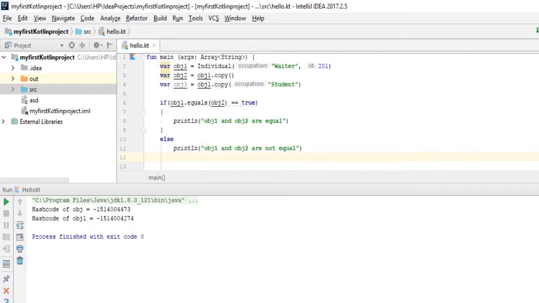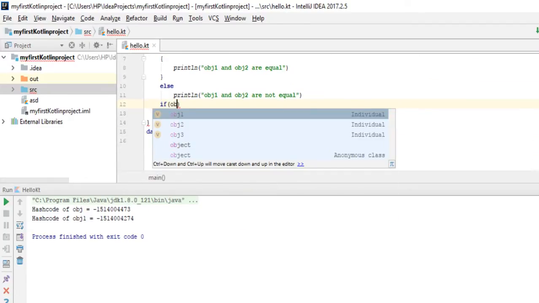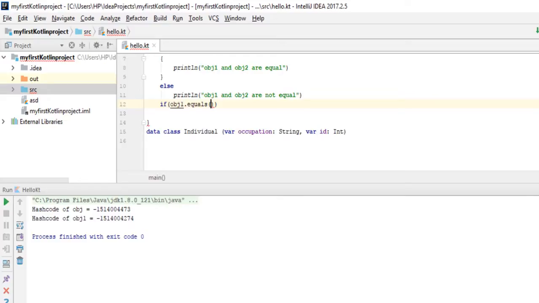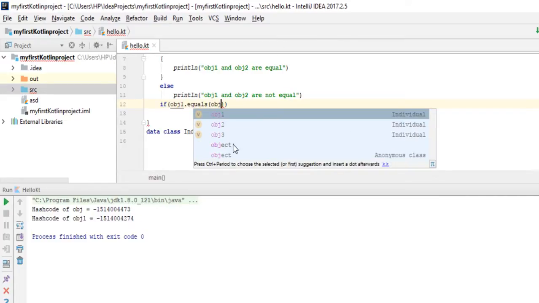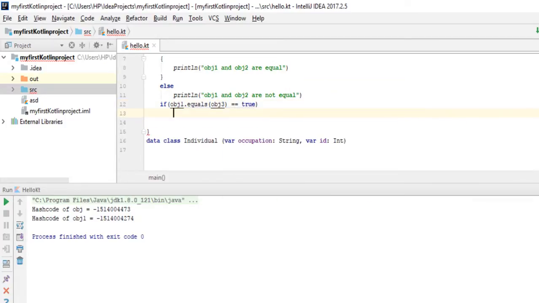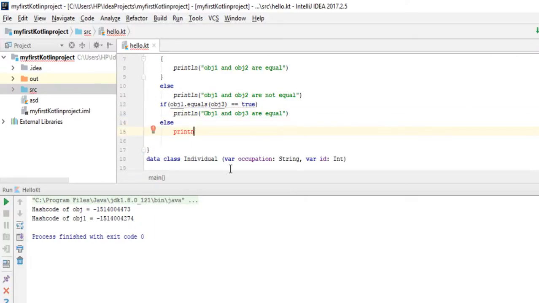And then another condition, if object 1 dot equals function, and now I'm going to compare this object 1 with object 3, and if it is equal to true, print object 1 and object 3 are equal, else print objects are not equal.